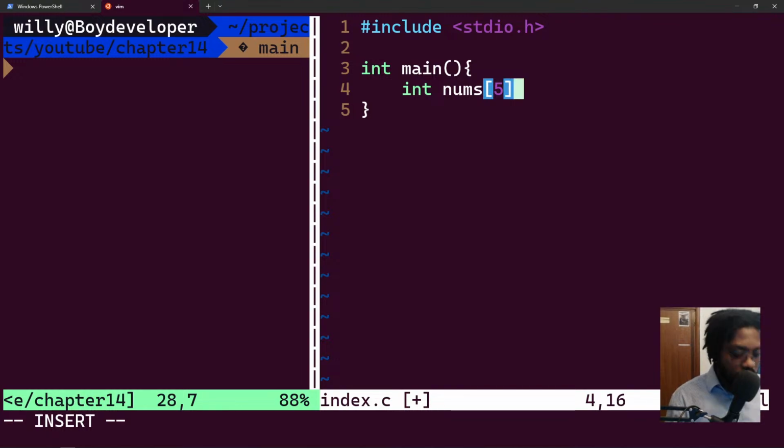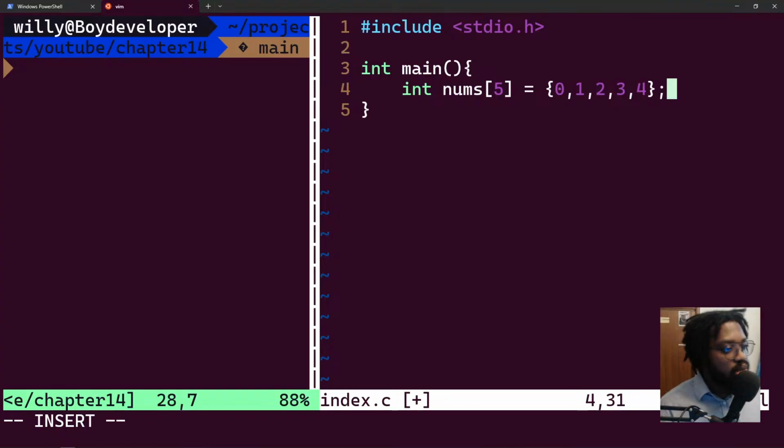So now we can come here, and then we start passing in the values into the array. Now the syntax here is a bit different, right? To pass in the integers, you do something like this. You put in your curly braces and then you say 0, 1, 2, 3, and 4, because this is now 5 items. And what we can do is just go like this, right? And then let's also use loops to iterate through